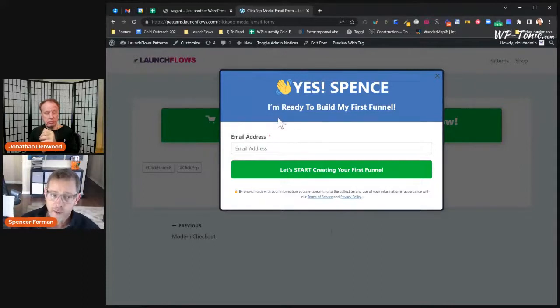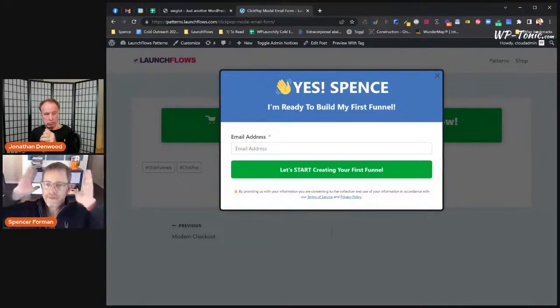But in a modal window, putting a lead magnet, you get greater conversion rates because people are focused on it, right? All of the distractions go away. And often I have to explain to people who are doing the funnels, either through my Launch Flows plugin or my consulting at WP Launchify, I say, imagine you go into like Times Square of New York and there's billboards flashing all over the place. You don't know what to concentrate on. Versus